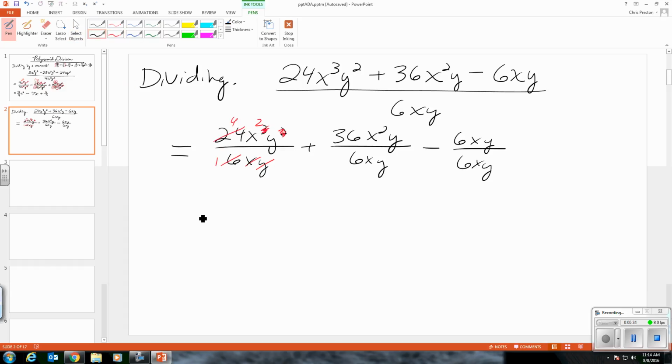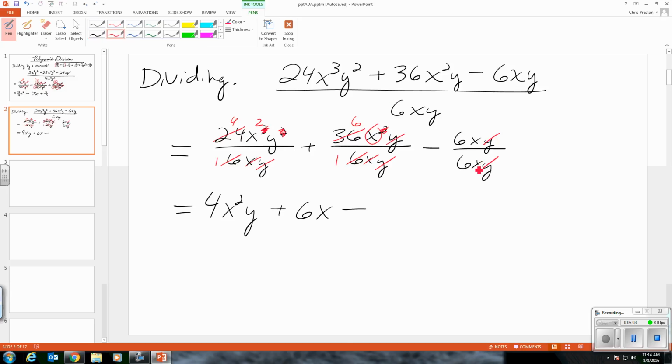So this first term is 4x squared y over 1, which is 4x squared, plus y cancels y. This cancels one of the x's, leaving you an x. 6 goes into 6 once, 6 goes into 36 6 times, so you get a 6x over 1. So 6x minus